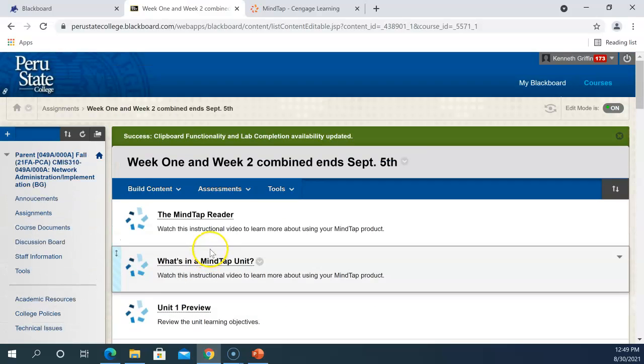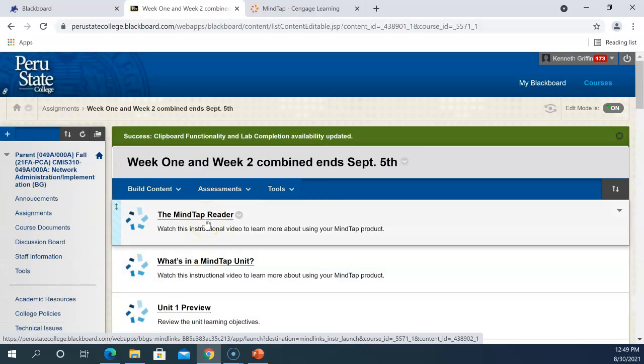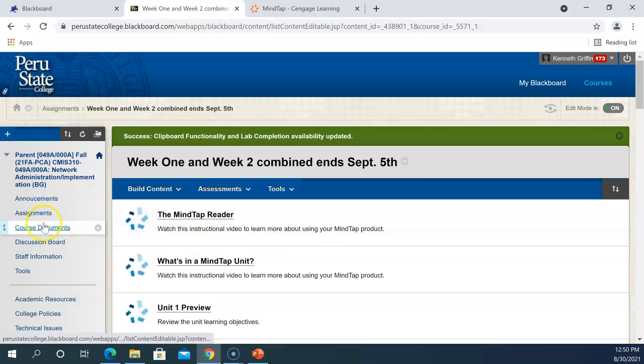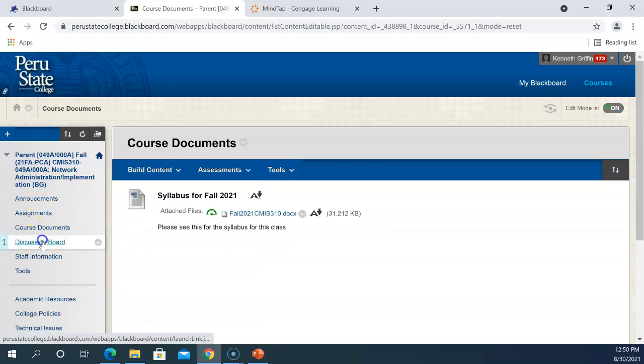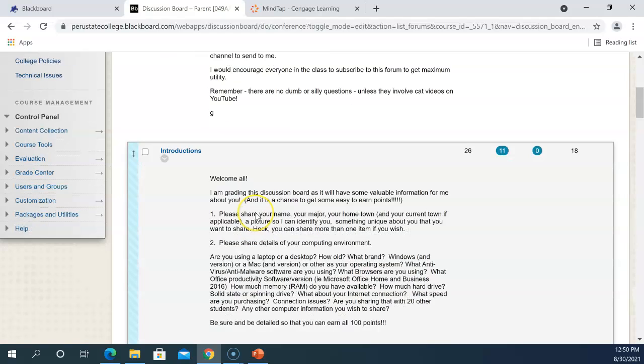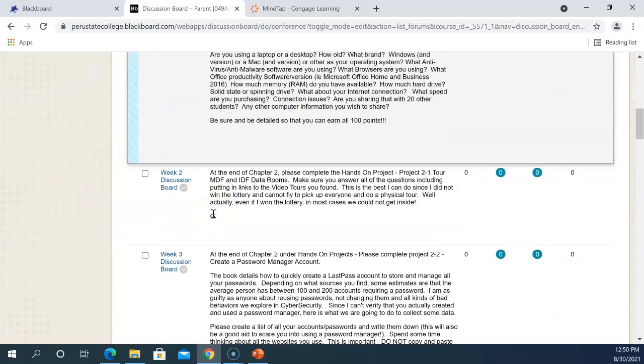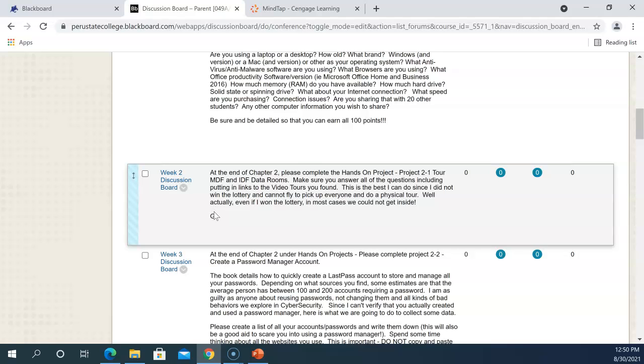So what do I need to do this week? Before the 6th, that Monday night, when this class ends, I have 3 lab simulation assignments to do. If I look over here in discussion boards, I have a couple of things I need you to do. I want you to introduce yourself so we all know whether you're on campus or online. And then for week 2 this week,